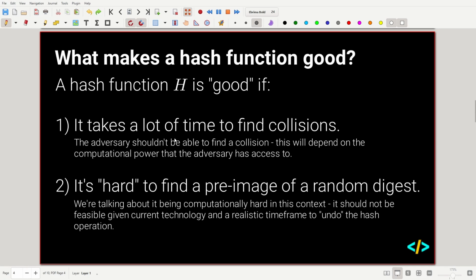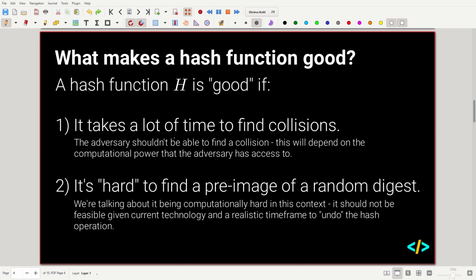So what makes a hash function good? The first point we consider is that it takes a lot of time to try and find collisions. A collision is when two pre-images, or two inputs to a hash function, result in the same output. We assume we have some sort of enemy, an adversary, who's trying to break our hash function. They shouldn't be able to find a collision. This obviously depends on the amount of computational power that they have access to. But a good hash function means no one, not even the NSA, can find collisions, because we want hash functions to be as secure as possible and to protect things like critical